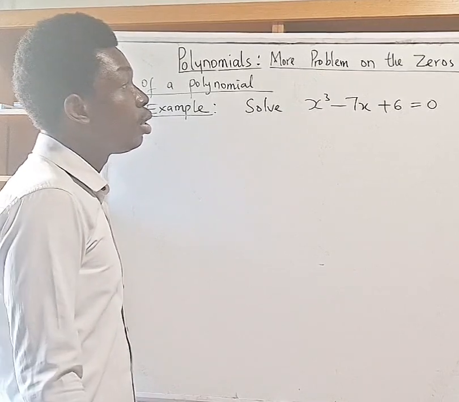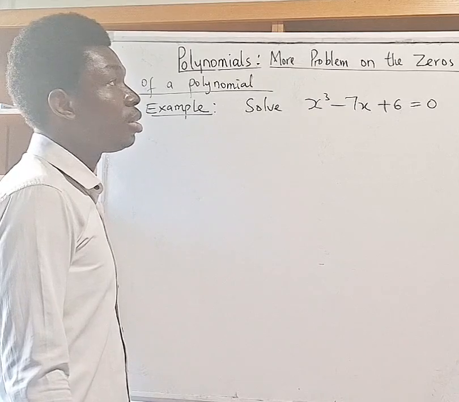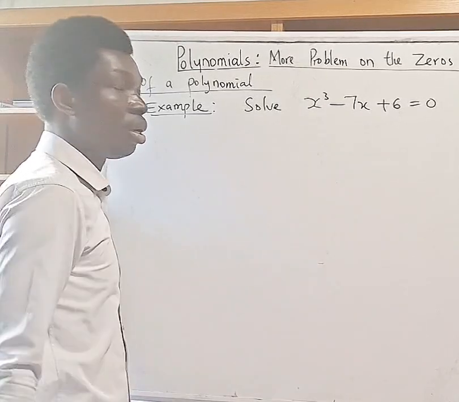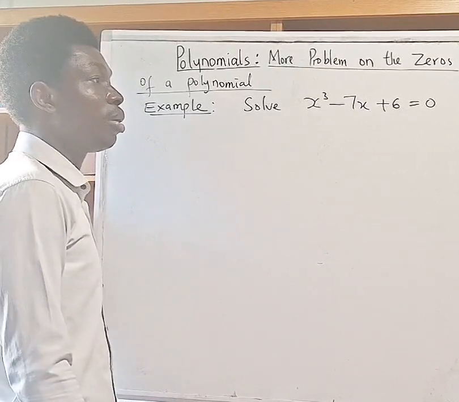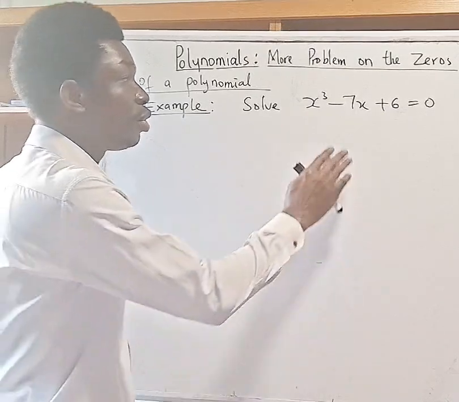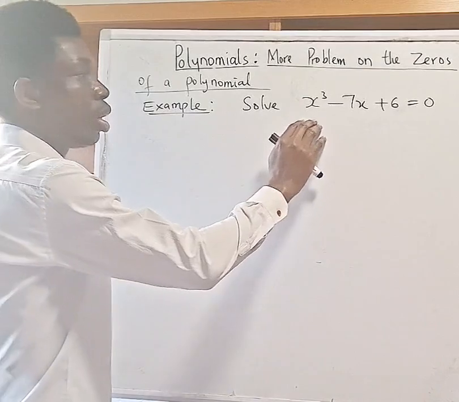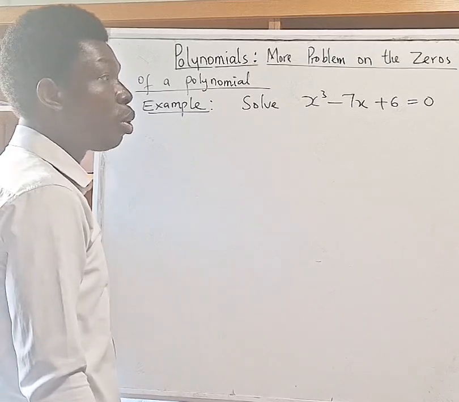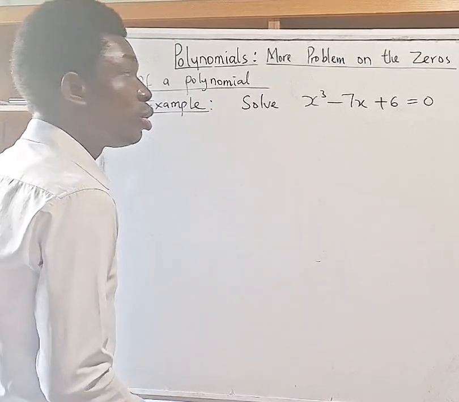In this video, we are looking at still the zeros of polynomial, and then we are going to solve this polynomial here: x cubed minus 7x plus 6 equals 0. If you see this problem, we cannot factorize, we cannot do anything about this problem. So what we do, we try to use the